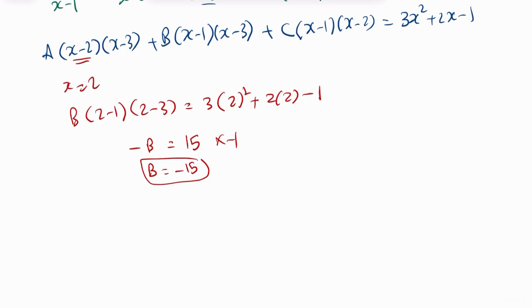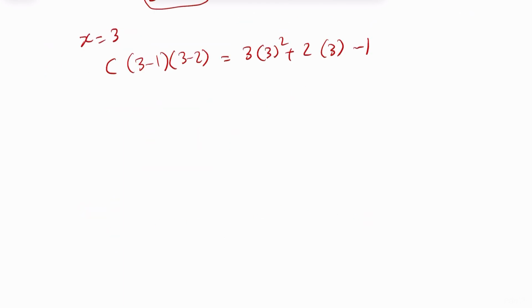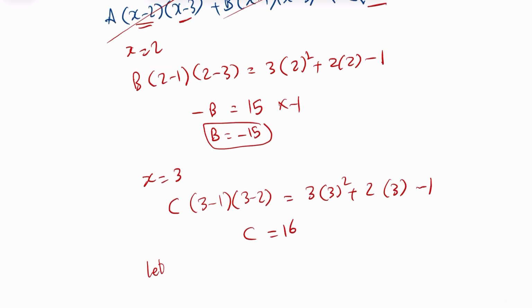The same idea if you take the bracket x minus 3, so we let x equal to 3. After you let x equal to 3, you're going to cancel this, and you can cancel this, you come up with the value of c: c times (3 minus 1), (3 minus 2) equals 3 times 3 all power 2 plus 2 times (3 minus 1). After you solve this equation, we come up with the value of c equal to 16. So let x equal to 1, and substitute in the equation, you come up with the value of a equals to